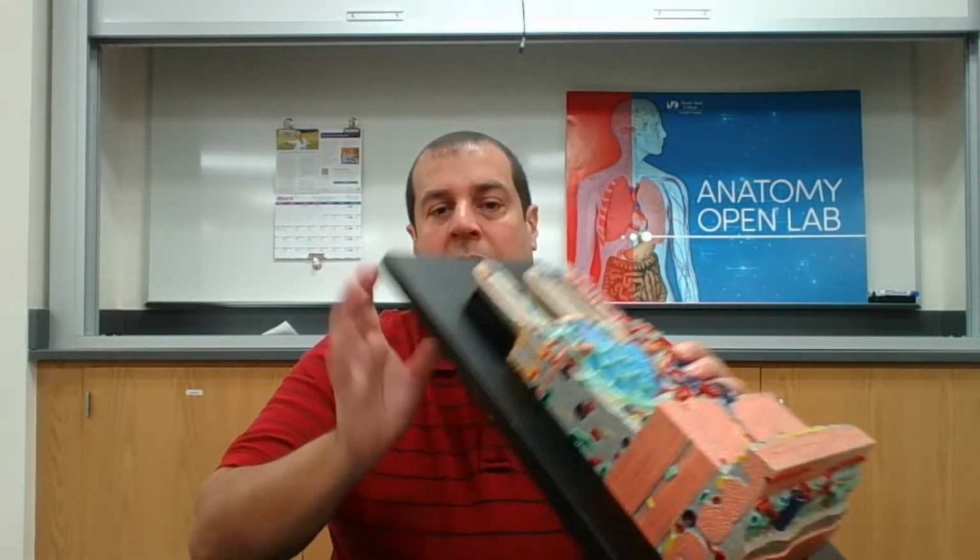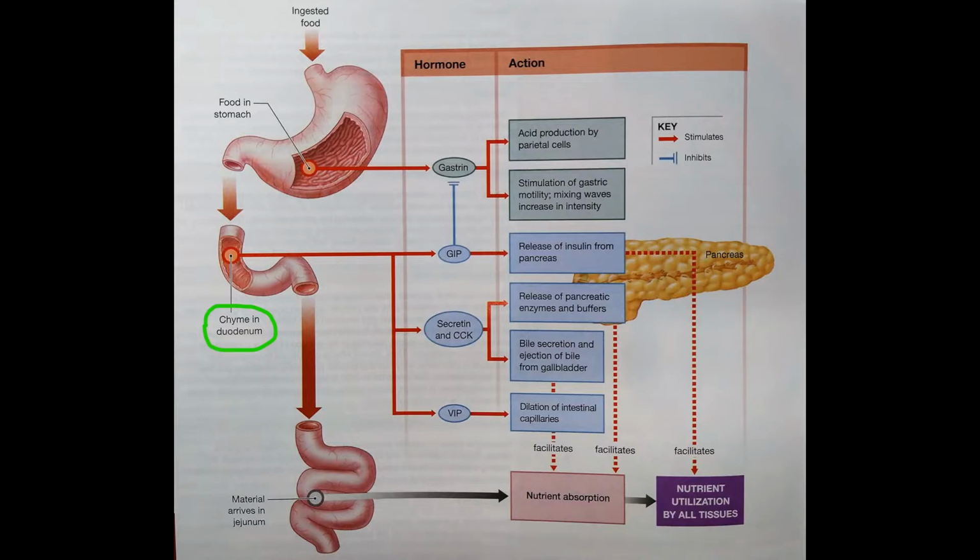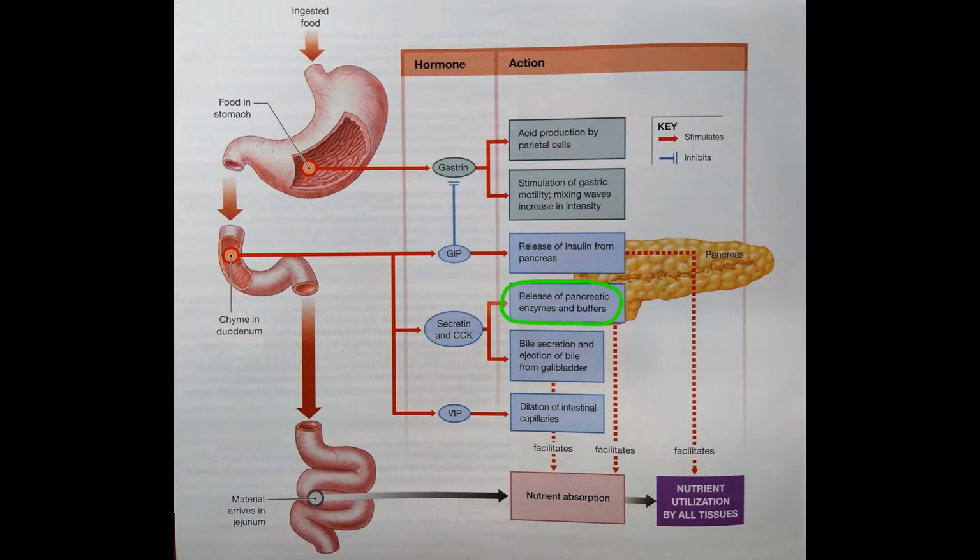This is the small intestine model. The duodenum is pretty important because the small intestine receives the chyme, which is a very acidic, applesauce-consistency substance, the food or nutrients that come out of the stomach. One of the functions of the duodenum is to meet that acidic chyme. The pancreas will secrete bicarbonate ions that dump into the duodenum